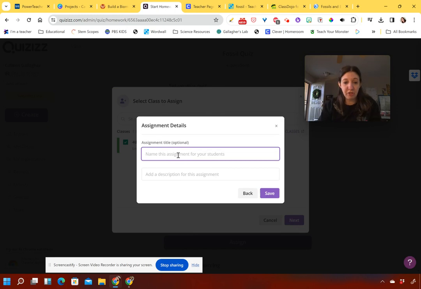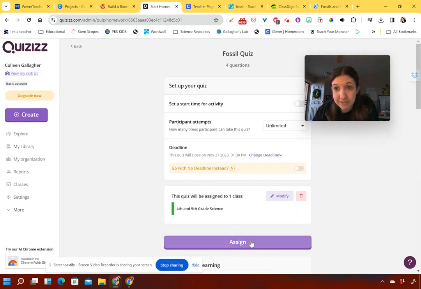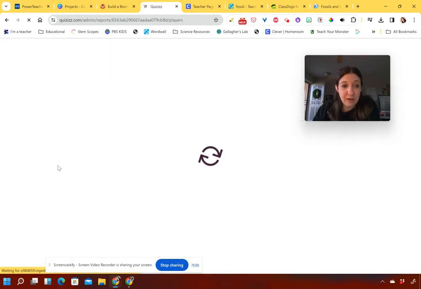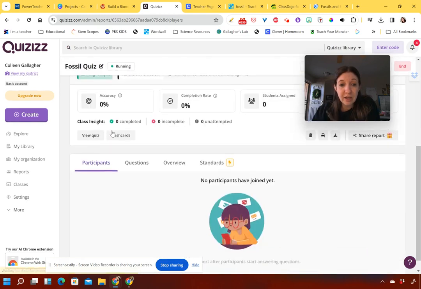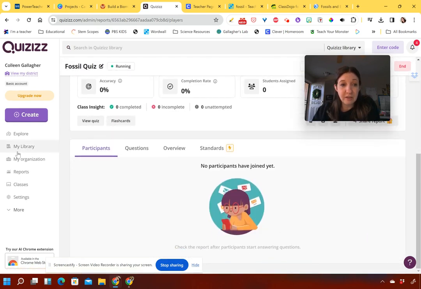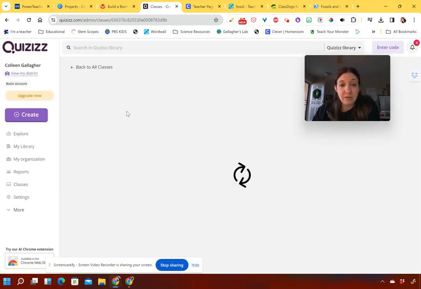This is the tricky thing. You have to name it and save it and say okay, and then you have to assign it. So there's a couple times where I thought I was done and I didn't click assign. But once you have it, the students will be able to go in as long as they have the code for your class and they can see it. So if you go to your classes,